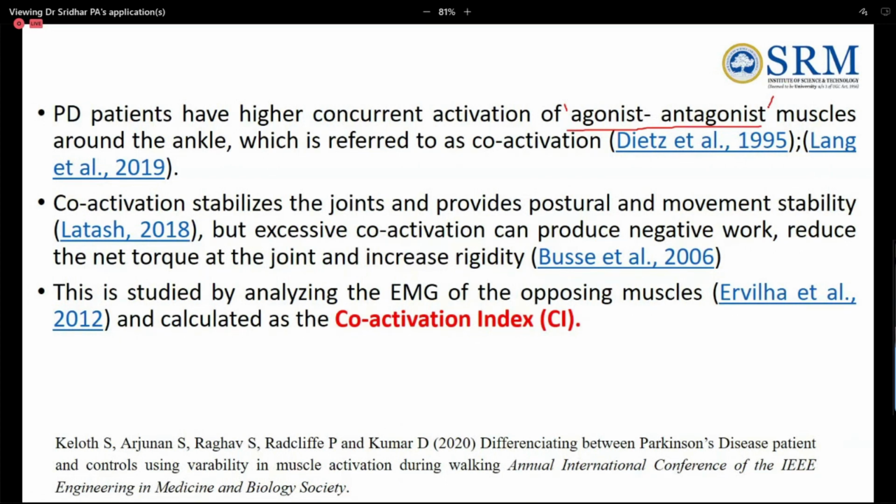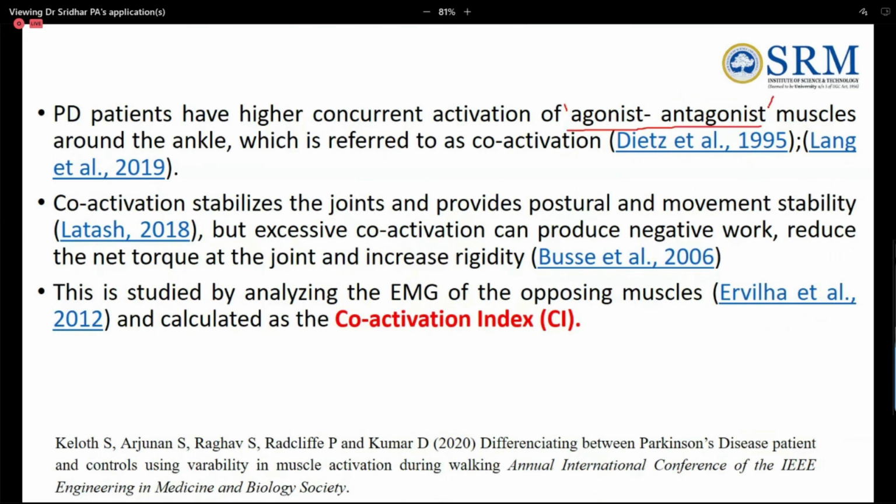So we want to see this activation and how we can improve it with some kind of exercise. But excessive activation is also a problem, because if I am giving more co-activation from the antagonistic muscle, then it can produce negative work, which can also increase the rigidity. So we need to make sure that this is in a balanced condition, so that we can understand this